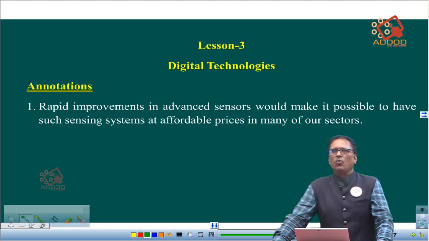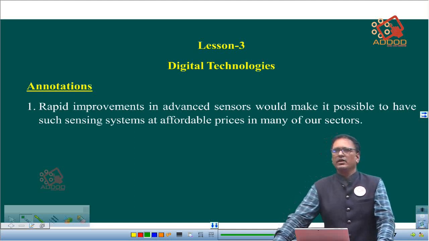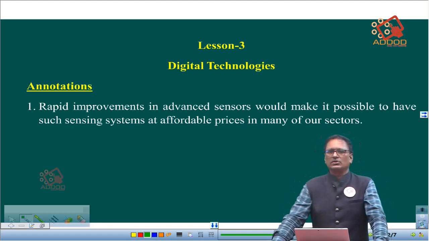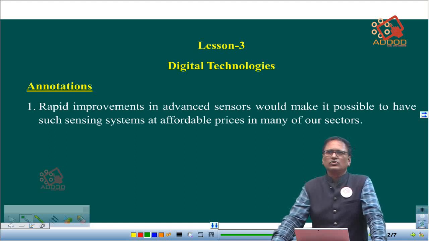Okay? Now, what are annotations? Before getting into the answer for annotation, I would like to tell you what annotation is. Annotation is nothing but reference to context. What is a reference? I am referring to something. Similarly, what is context? Context is nothing but the story that is there in the lesson. So, annotation is nothing but a context or a part of the story that is taken and asked for the sake of your understanding of that lesson.